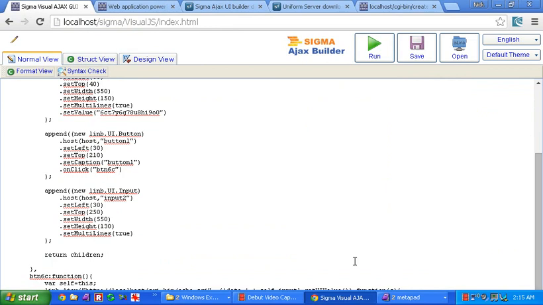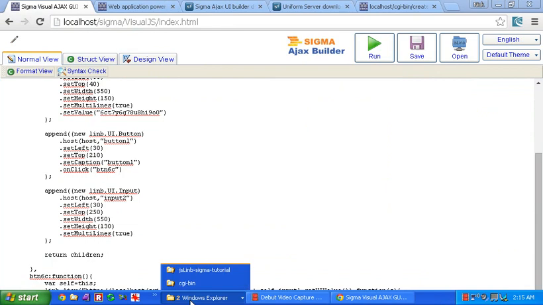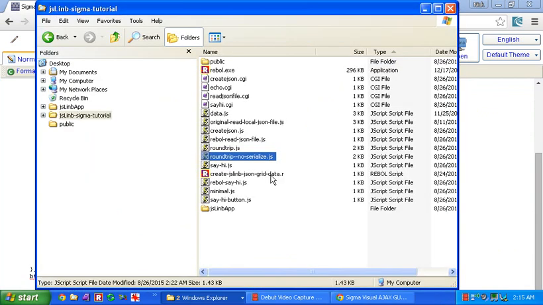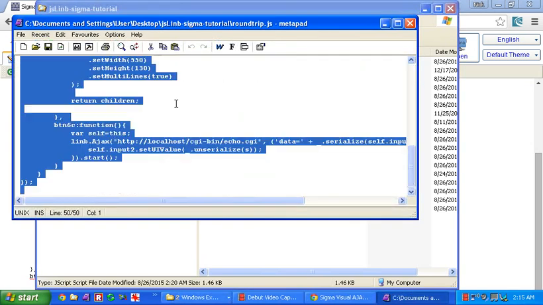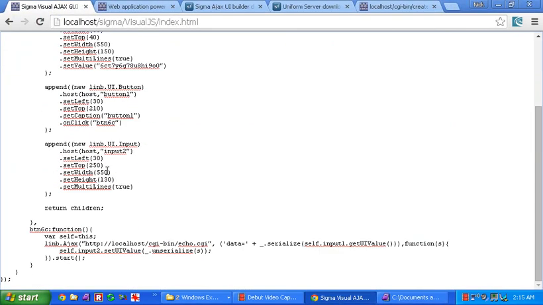I'm going to grab another one of the examples here, and it's the exact same code. You can see I called this round trip no serialize. We didn't serialize that data, which means we didn't put in all the things like new lines and other characters that were in our text. What we're going to do here is add one more function to that